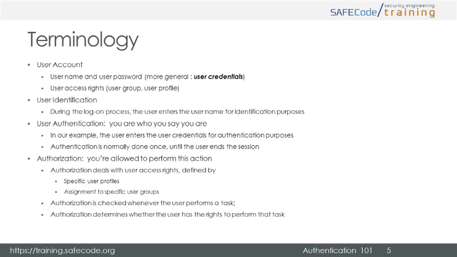Authorization parameters are set as user access rights and stored within the system via defined user groups or profiles. User access rights grant user accounts authorization via assignment to these user groups or profiles. Attempted user tasks initiate authorization checks, which verify that the user has the required access rights to perform that task.